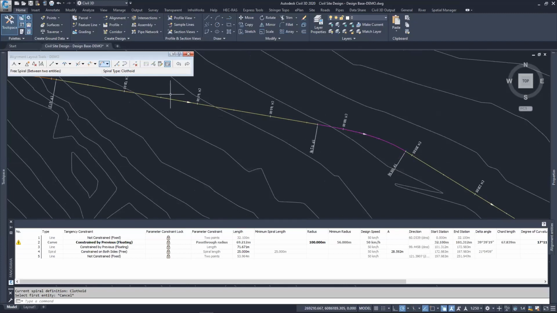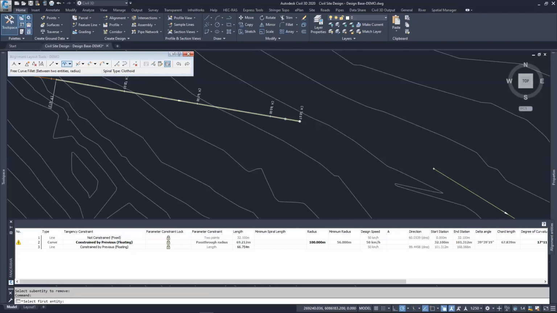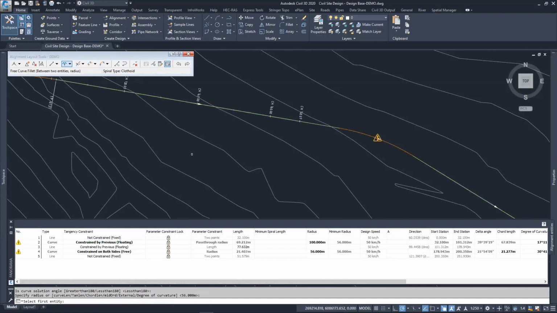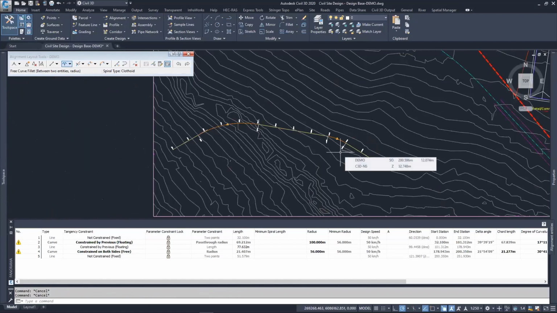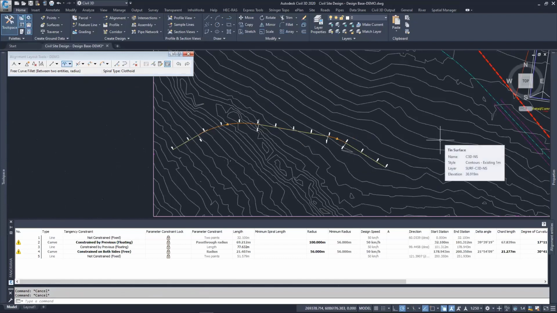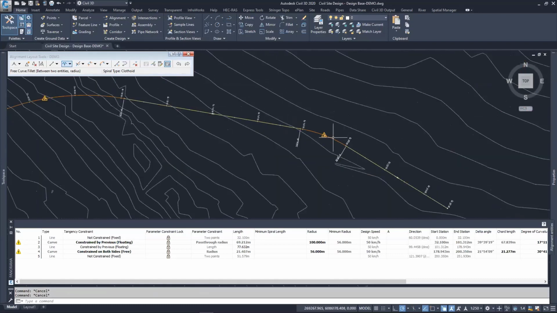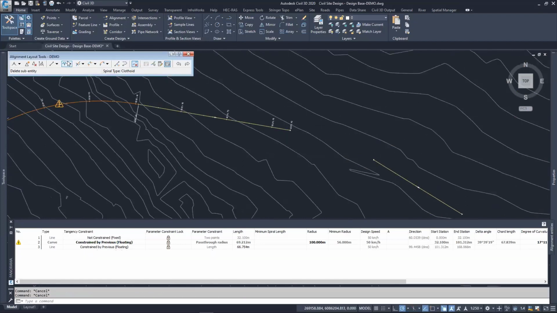So in this situation, it's recommended that we use a curve, and so we would use the fixed curve radius option. Select the two entities, less than 180, and we'll just let it use its 56 as a minimum. All right, the other element that we're going to show you will be best fit. So for this one, I might do a best fit in the arc, so we'll remove that one again. Now this one, truth be told, I've never had to use this one on a project, but